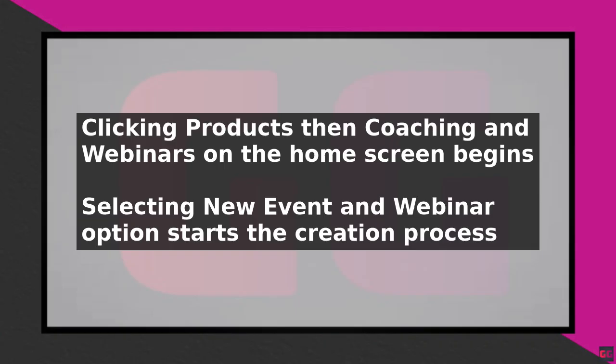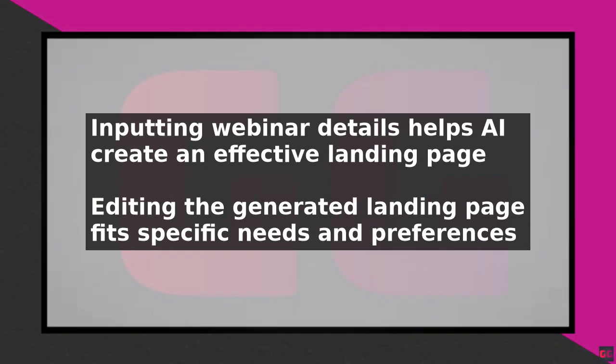Once the AI generates the landing page, it can be edited to fit specific needs, such as changing the title, adding a personal touch, or uploading an image related to the webinar's topic. Customizing the landing page involves editing each section, such as adding a picture or changing the text, to match the webinar's theme and offer. After making the necessary adjustments, the colors and branding of the page can be changed to